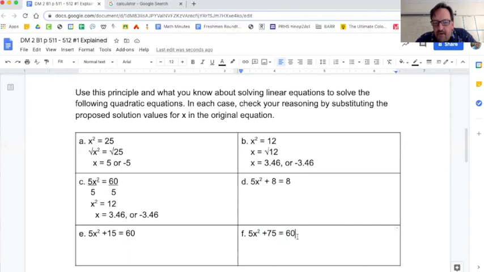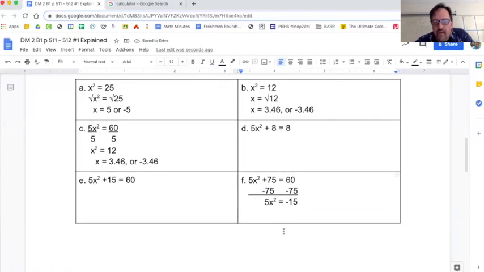There's a couple of steps here in part F, of course, that having that 75 there causes me some trouble. So I'm going to subtract 75 from both sides. And that's going to leave me with 5x squared equals, let's see, 60 minus 75, that's negative 15. And when I want to get x squared by itself, what I have to do is, of course, divide both sides of